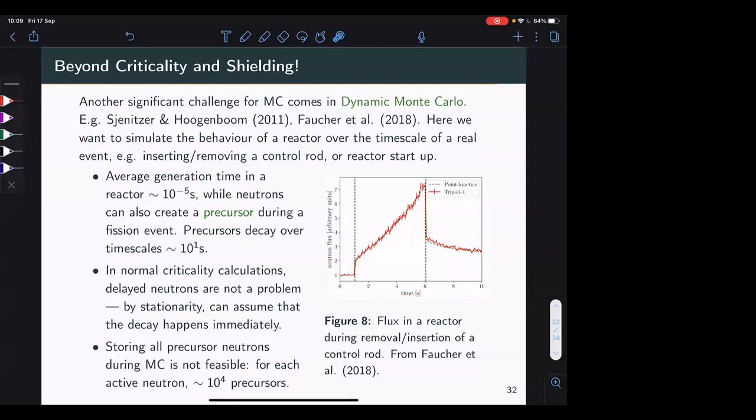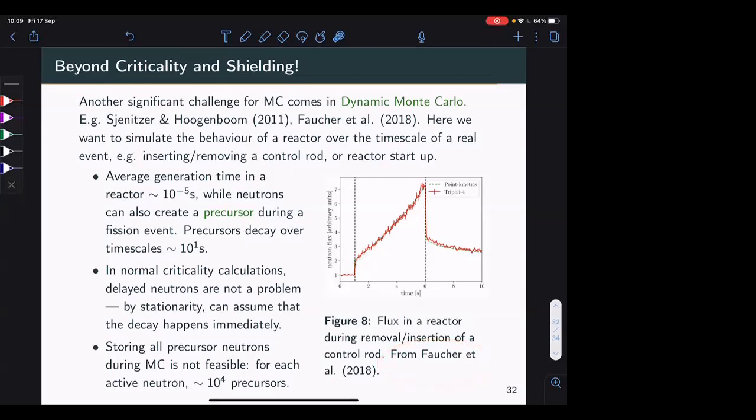This is the first problem, because you have to run your Monte Carlo batches over very small timescales, and you have to run lots of them to make sure you get to the end. So there's lots and lots of scope here for variance reduction, all sorts of things going on to try and allow yourself to run for longer time steps. The other issue that comes up, I think from a recent paper of Andrea's,